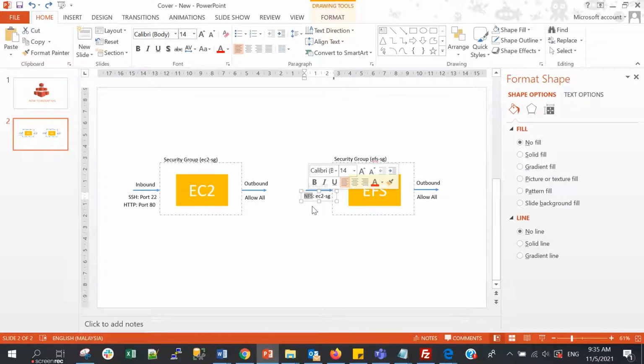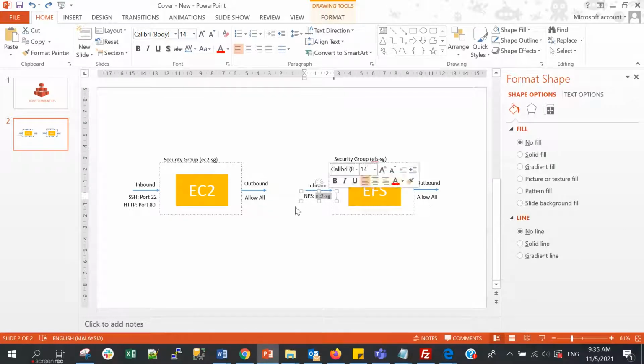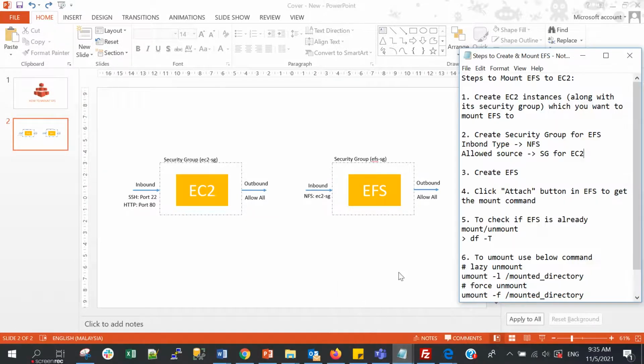We select the NFS inbound type, and we allow the inbound from the EC2 security group. So whatever is allowed in the EC2 security group, we also allow to EFS. Then outbound also allows all. That should be fine. Okay, so on the third step, we need to create the EFS, and then we will attach it to our EC2.